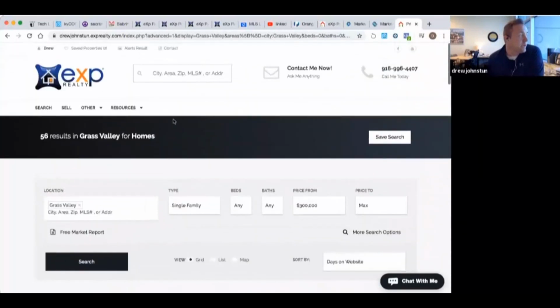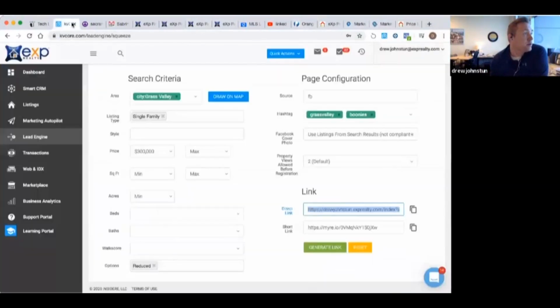But what you'll see here in the top left, you see that I'm signed in because I'm a lead in my own system. Okay, if you don't have yourself up here and signed in, it will actually make it so that in 2 views, it'll make you sign up. Okay. So then what we'll do, we're going to go back to our squeeze page. We're going to remember the short link. Short link is for Facebook, okay, for your social medias.